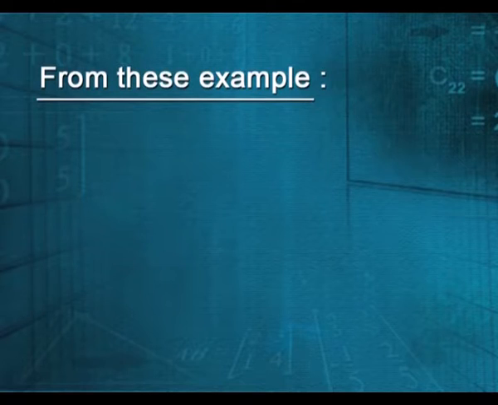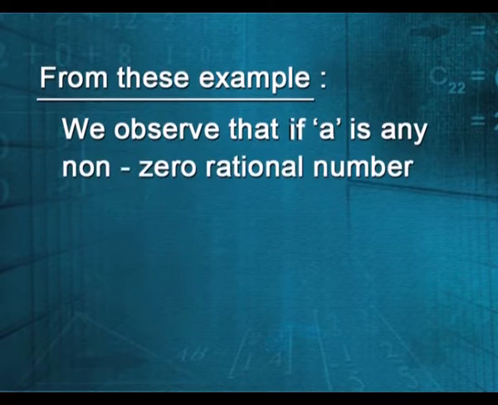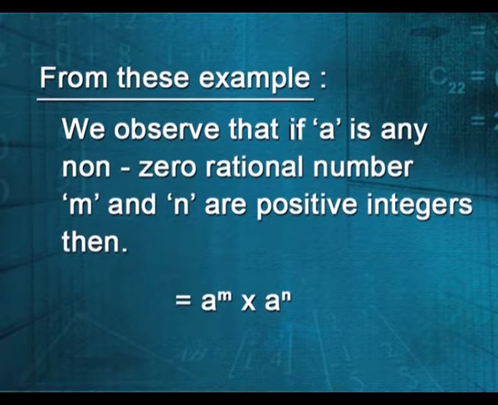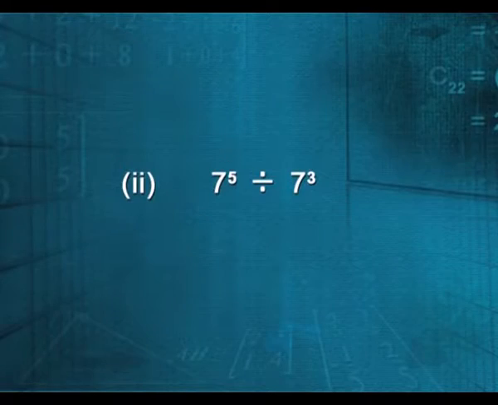You can conclude that if A is any non-zero rational number and m and n are positive integers, then A raised to power m multiplied by A raised to power n is always equal to A raised to power m plus n. And you can say that if bases are same and you multiply two numbers with same base, then their powers are added. Let us see the second example where you have given 7 raised to power 5 divided by